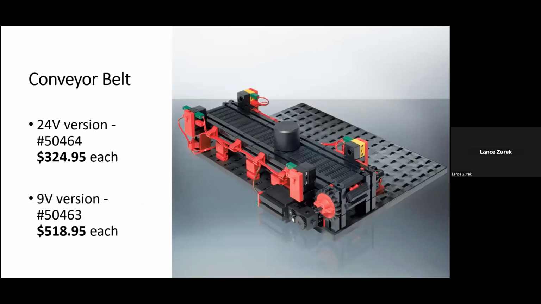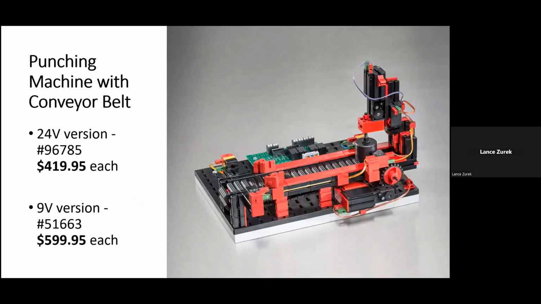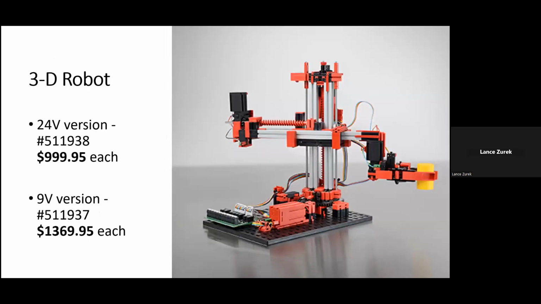The conveyor belt in the 24-volt variation, it has a cost of $324.95 list price per unit. And in the 9-volt version, you're looking at $518.95 per unit. The punching machine with conveyor belt in the 24-volt variation is $419.95 each. The 9-volt version is $599.95 per unit. The 3D 3-axis robot in the 24-volt version,